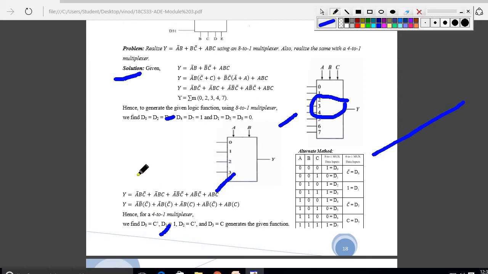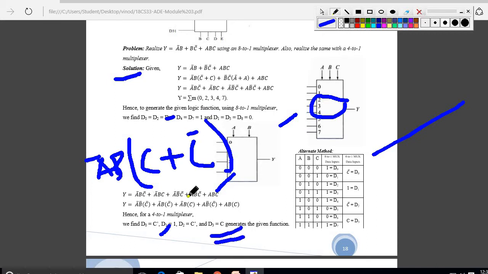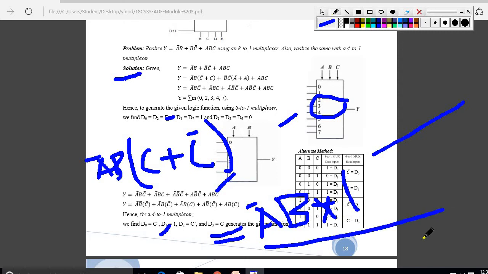So see here, I am writing, if I take a bar b as common in this case, what is the left out thing? c plus c bar, right? Correct. So what is c plus c bar? 1, right? So a bar b into 1. Is it clear? So for a bar b, which means 0 1, the corresponding element is 1. So for that reason they are taking 1. Now it is clear. Okay, this is about your doubt.